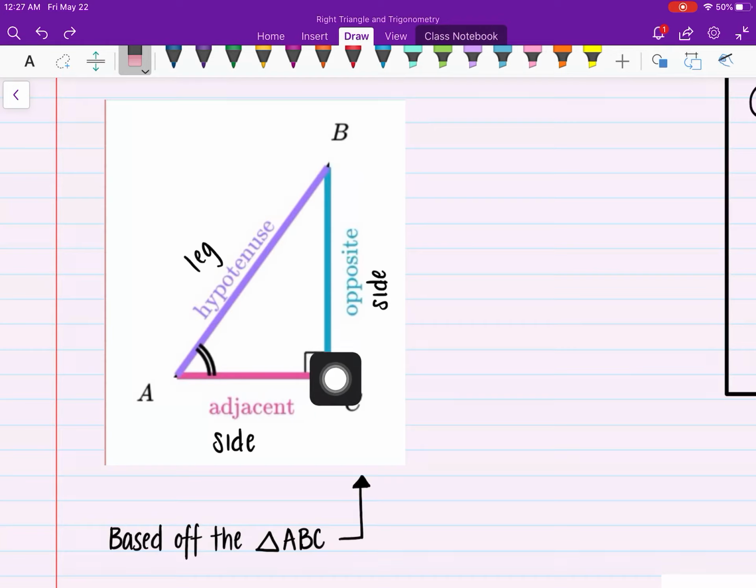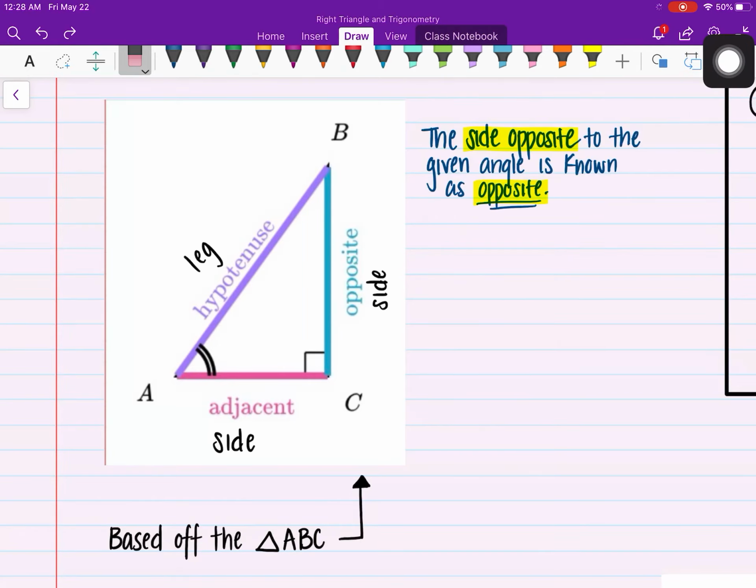Now, the hypotenuse, we do know that it is opposite to the 90-degree angle, and in this case that's the most obvious one. The least obvious ones would be the opposite and the adjacent. Whenever you're working with these right triangles, these sides will actually switch. It all depends on what angle you're looking at that determines which one's your opposite and which one's your adjacent. So first off, the side opposite to the given angle,